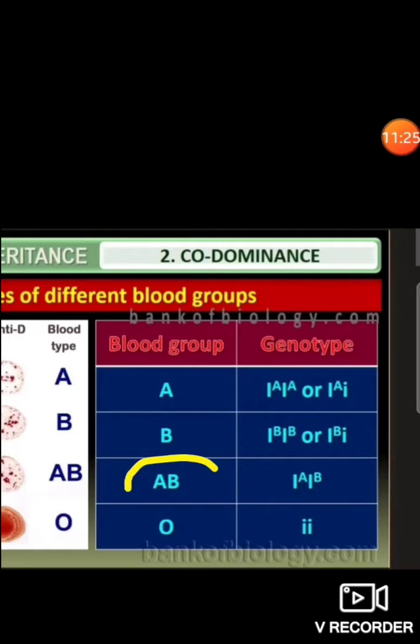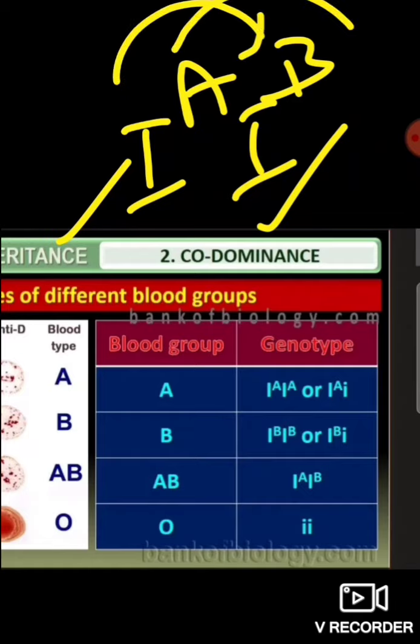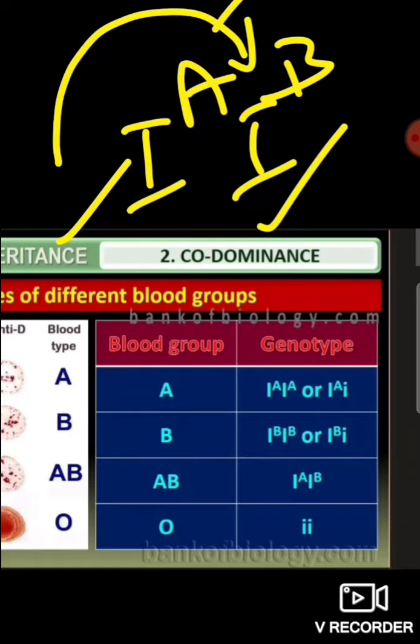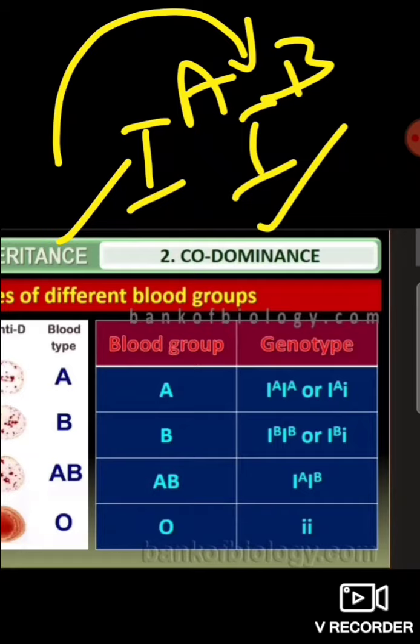But in case of blood group AB, why is it blood group AB? Because both the dominant alleles are present together. Both A is present and B is present, and both are very strong alleles. ನೀ ಎಕ್ಸ್ಪ್ರೆಸ್ ಮಾಡಂತ ಇದು ಬಿಟ್ಟು ಕೊಡಾತಿಲ್ಲ. ಎರಡು ಸ್ಟ್ರಾಂಗ್ ಡಾಮಿನೆಂಟ್ ಅಲೀಲ್ಸ್ ಅದಾವ. ಸೊ ಎರಡು ಎಕ್ಸ್ಪ್ರೆಸ್ ಮಾಡತ್ತಾವ. ಅದಕ್ಕೆ ಬ್ಲಡ್ ಗ್ರೂಪ್ AB ಐತಿ. ಅದಕ್ಕೆ ಕೋಡಾಮಿನೆನ್ಸ್ ಅಂತೀವಿ. We cannot say which is more dominant.